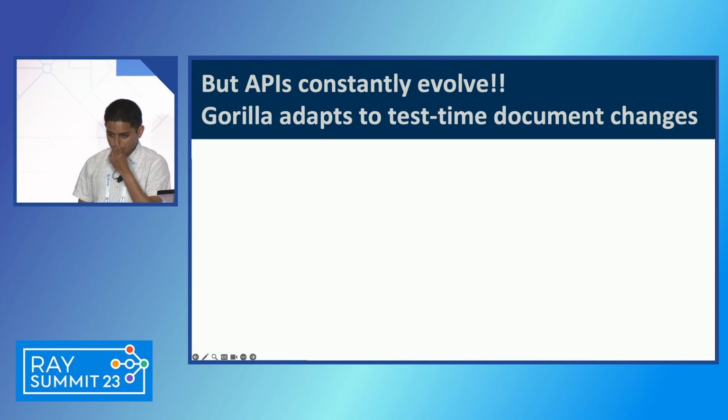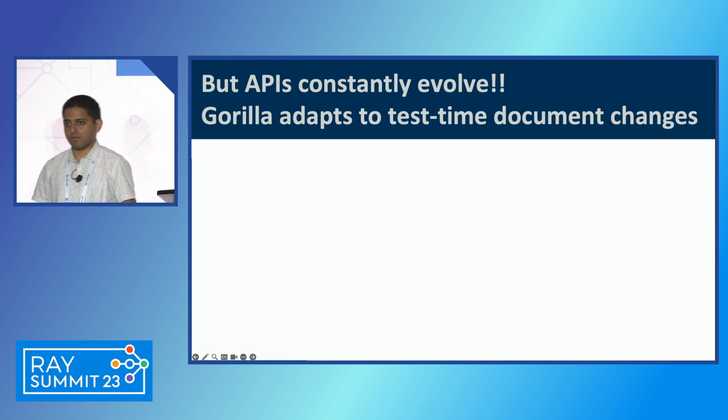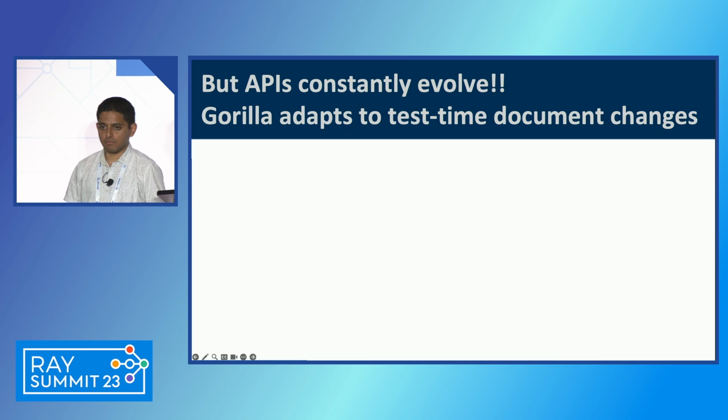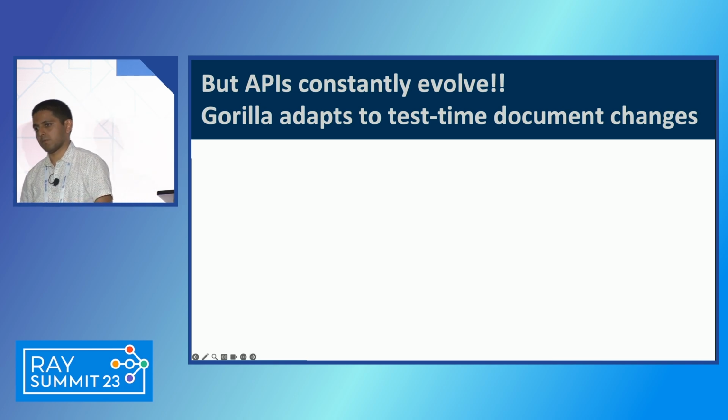OK, so we're part of a research lab, and when we present research, we usually get a bunch of feedback. One of the feedback we got from practitioners is that, but look, APIs constantly evolve, right? There are some mature APIs that are GA'd, but for the APIs that are being built or in development, APIs evolve maybe weekly, sometimes even monthly, right? But how often do you train an LLM or even fine-tune it? Maybe once every 6 months, once every year. This is because even if you could afford fine-tuning LLMs, evaluation is so hard that you might think twice before deploying every new checkpoint into production, right?